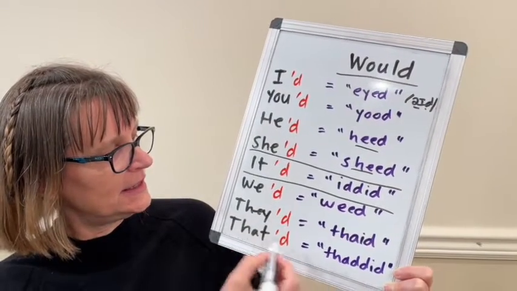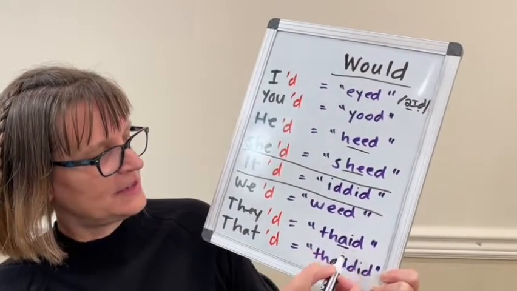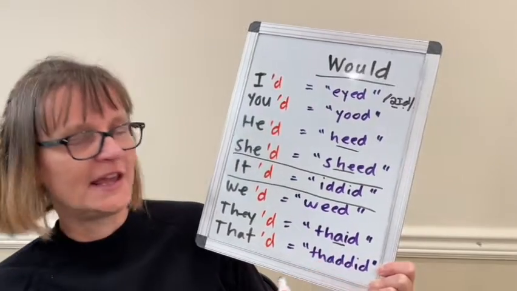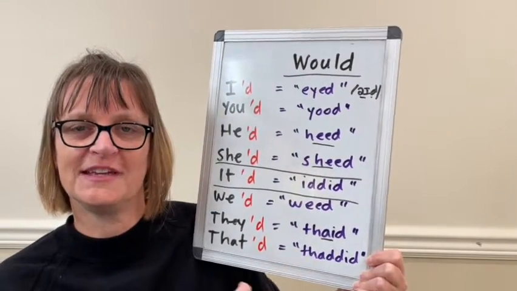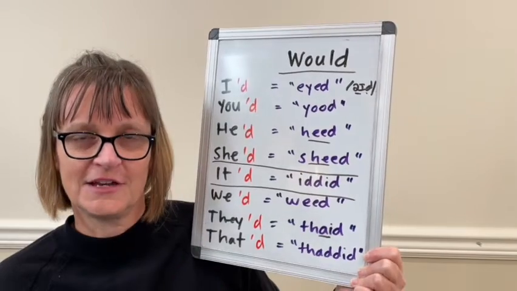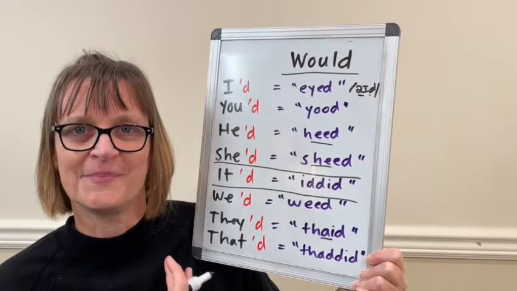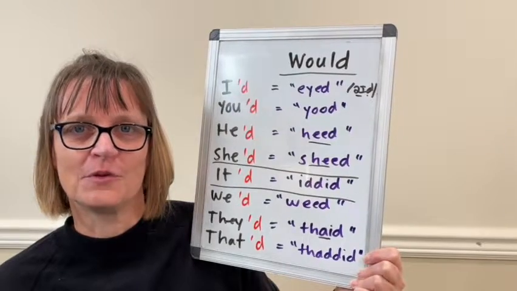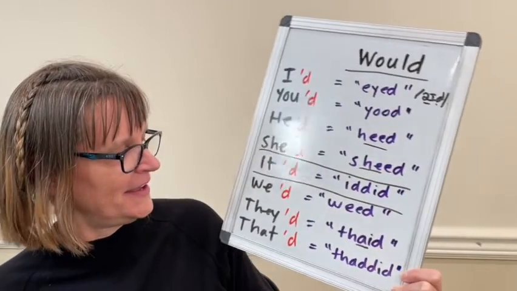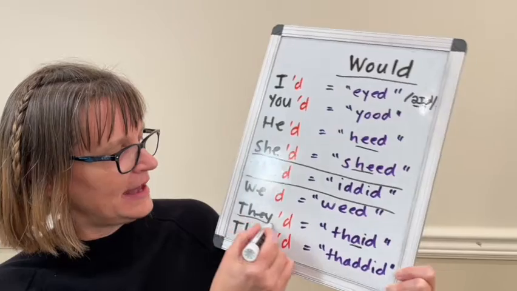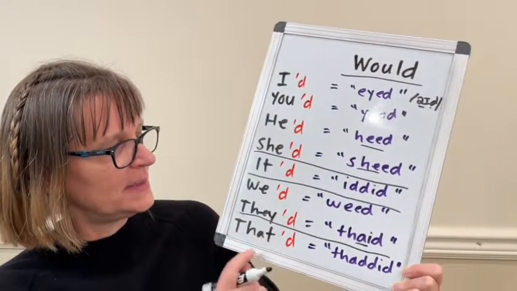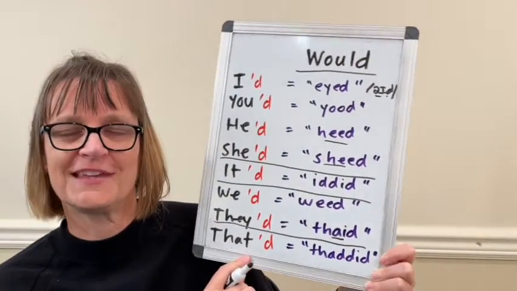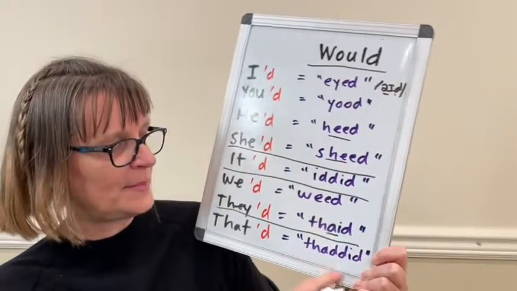They'd has the A diphthong. So I've rewritten this like the word paid, but with the TH: they'd tell you if they knew, they'd love that, they'd listen better if they weren't so tired, etc. And then finally, that'd is a little bit like it'd, where we have the same combination of a flap, which